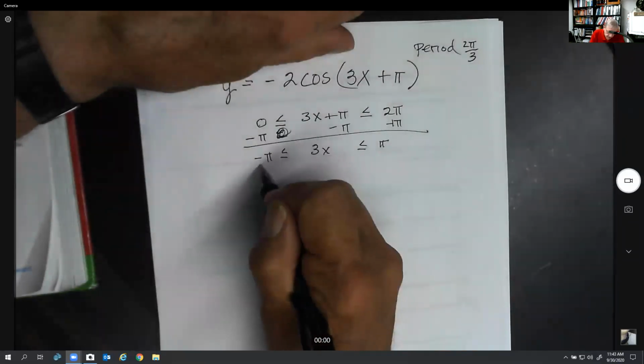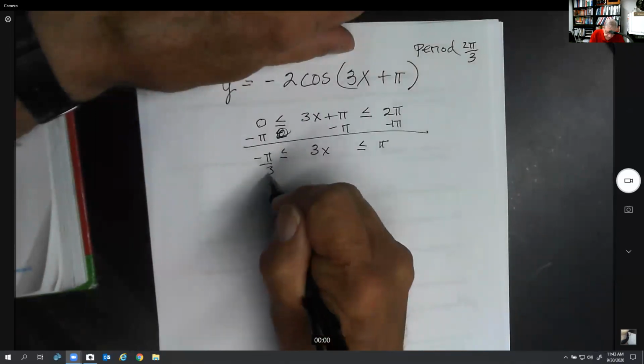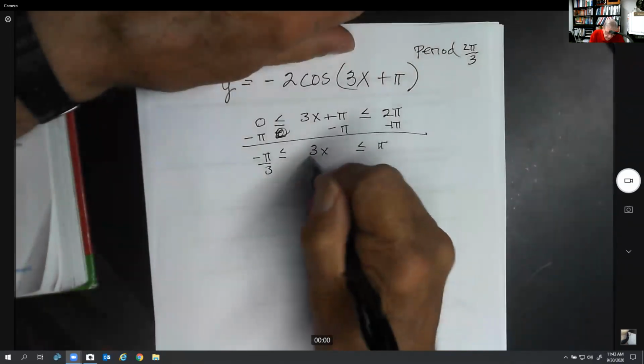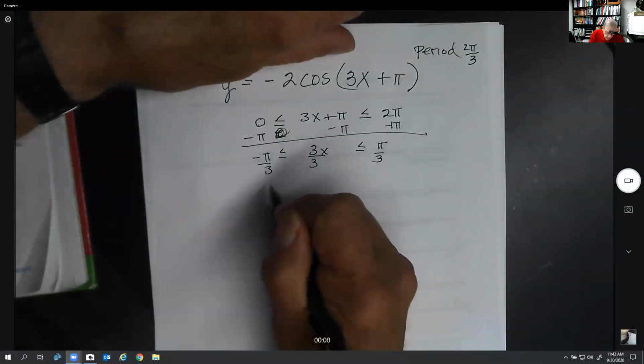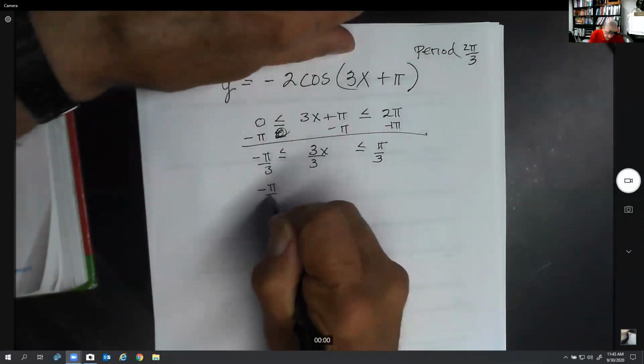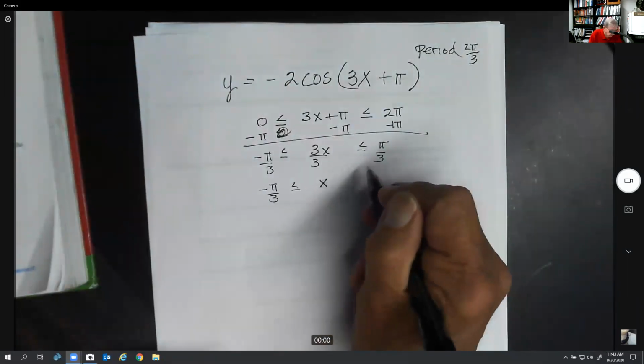Then we're going to divide everything by 3. So this gives me negative pi over 3 is less than or equal to x is less than or equal to